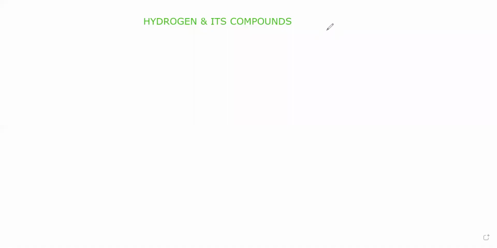Let us continue hydrogen and its compounds. In that we will take hydrides. In the ionic hydrides continuation, we will take lithium hydride. Lithium hydride is treated with aluminum chloride, and we get lithium aluminum hydride. This lithium takes chlorine and becomes lithium chloride.